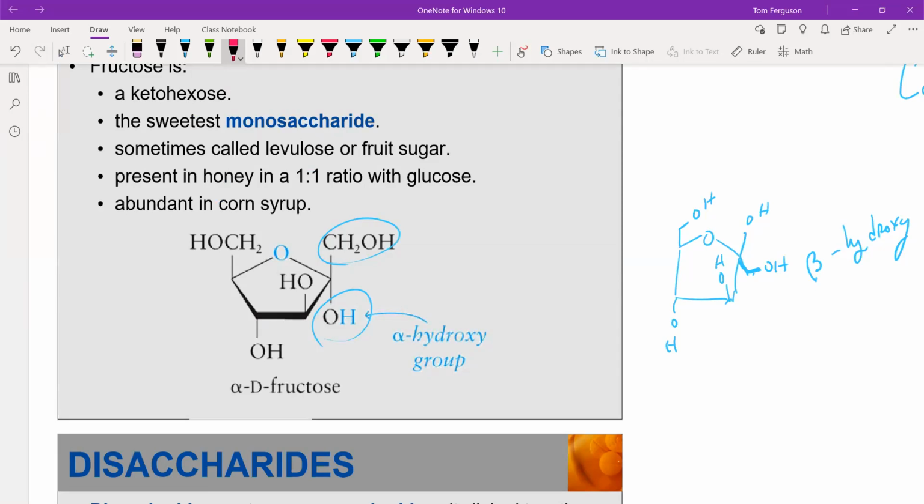Fructose is a furanose, because it's a five-membered heterocyclic ring. It's still a hexose though, because that's six carbons. It's just that the ring is formed from carbon number 2, the anomeric carbon there. Okay, when it opens up,